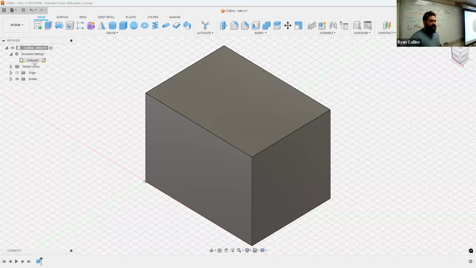Below that, you have document settings. We are going to standardly use millimeters because it directly translates to the 3D printers. But you can change that just by clicking on there, and then you have the drop down for centimeters, meters, inch, foot. You get the idea. Next, you can name the views. That's not really necessary, but you know, top, front, right, you get the idea there. Origin is